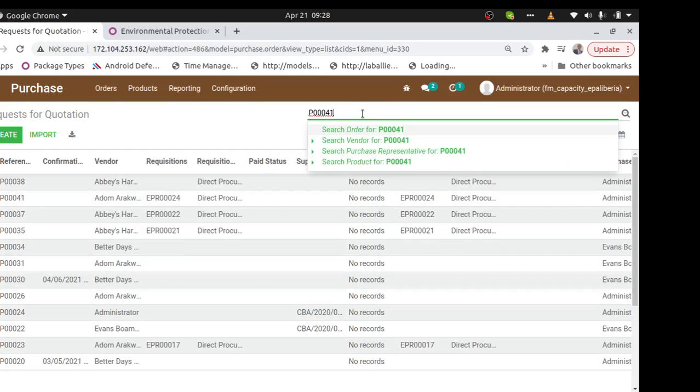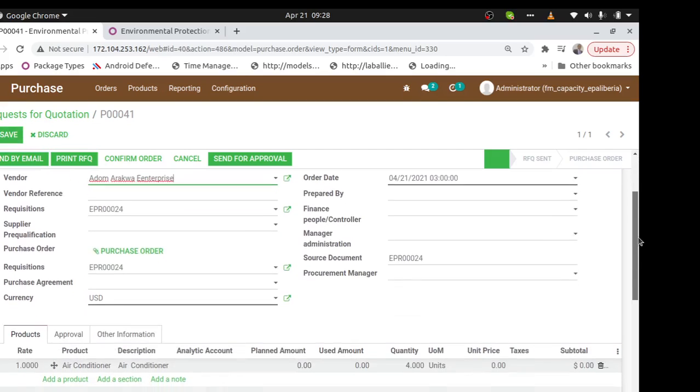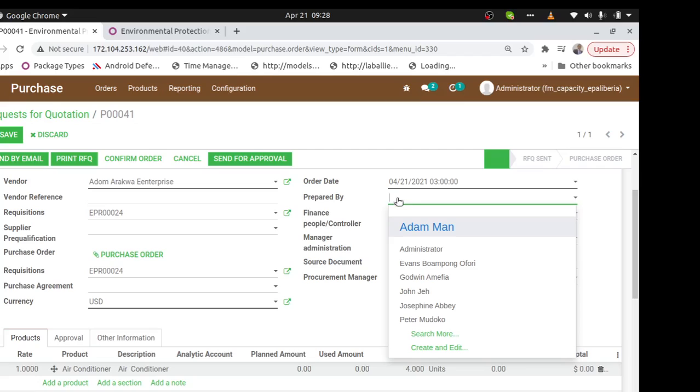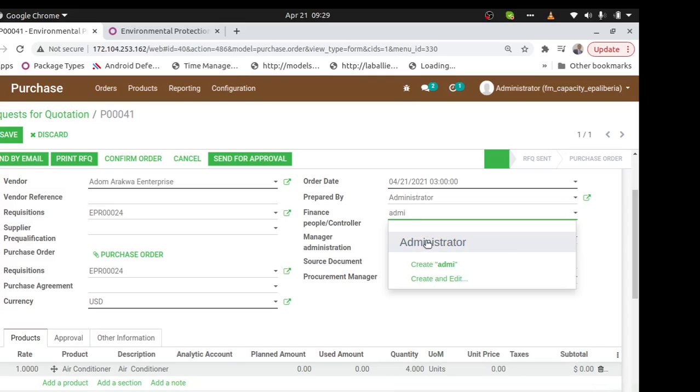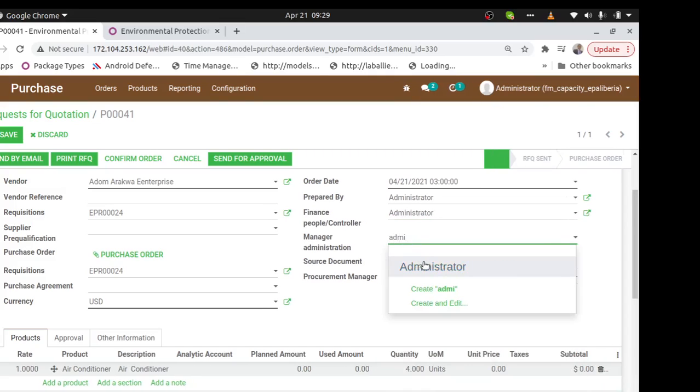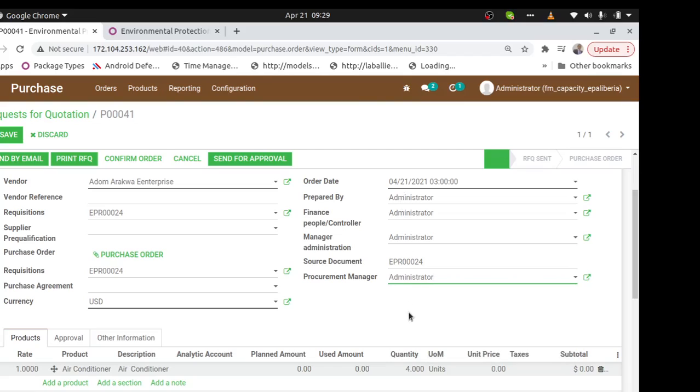So if I go to that purchase order 40, let's see now the process of purchase order. We have created a purchase order from the requisition that the project requester requested. Now from the purchase order, we need to select the people who are going to approve. The person who prepared it, let me say it was the administrator. I'm going to pick the same administrator because if I pick another person, it will always ask you to log in and approve. You cannot approve on behalf of another person. So I'll pick administrator, so it becomes much easier. And then even the procurement manager, I pick administrator. So make sure all these fields are filled here.